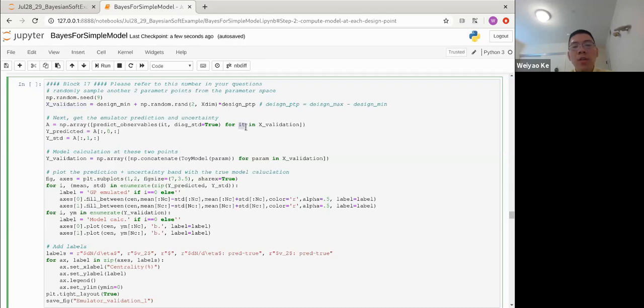You iterate over each of these 2 parameter sets and use that predict observable function to get predictions, and we also want to return the standard deviation of the predictions. And then we can split this prediction into the center prediction values and the standard deviations. In the meantime, we want to make sure this prediction